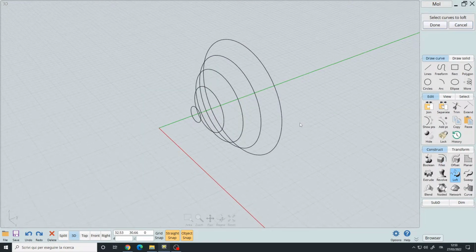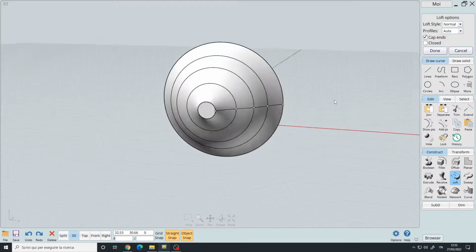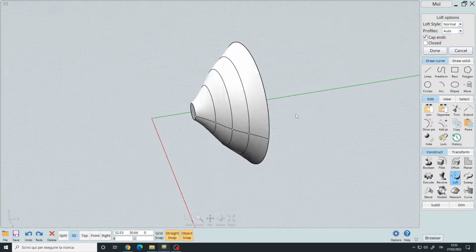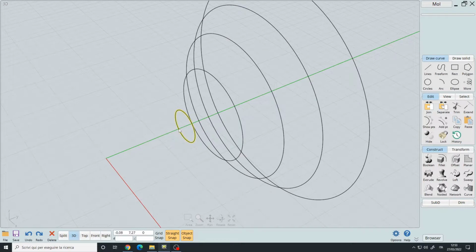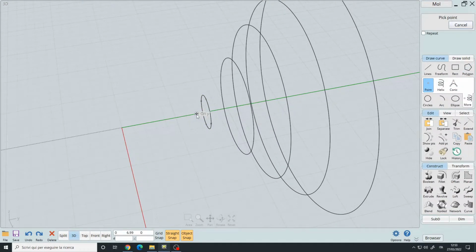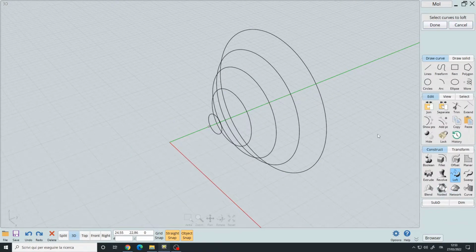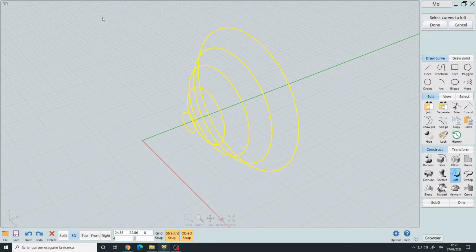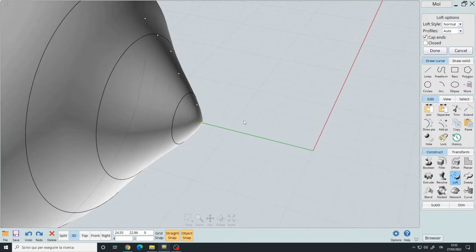Loft allows you to blend curves together. Select curves to loft, all these, right click, and we have this shape. A trick, if you want to have a point at the end, you simply add a point like this. Then you choose the loft, all the curves and the point, right click, and now you have these